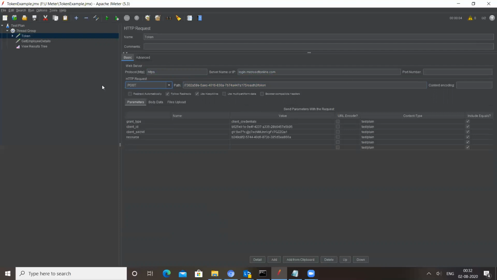And once this configuration is done, you will have to add parameters. On the bottom, you can see there is an option to add the parameters. You can click on this Add button and add parameters one by one. I have already added these. You can see here the grant type, client ID, client secret, and the values mentioned here. So in this way, we have constructed the request for the token endpoint. Okay, so once it is ready,